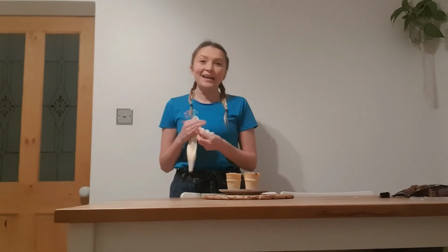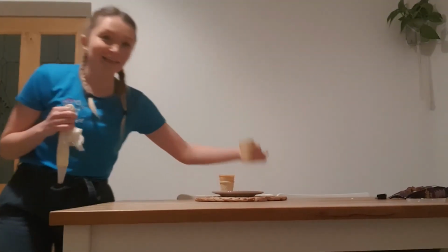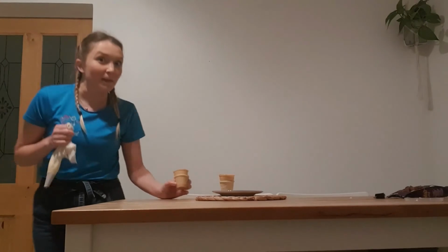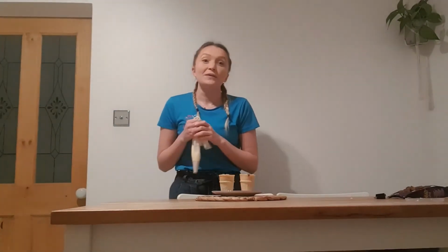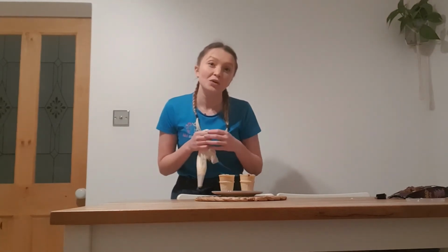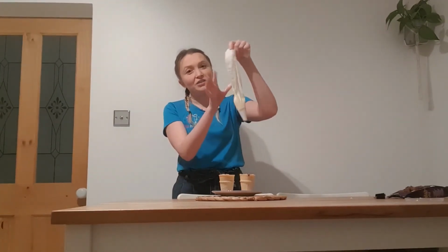So by now your cake should be out the oven. They should have risen like this, and if they've risen a bit too high, you can just cut off the tops like I've done. Mine went a little bit big. So it's time to ice them. So you can either make your own butter icing, or you can purchase some from the store. You can use a spoon for this, but I've chosen to use